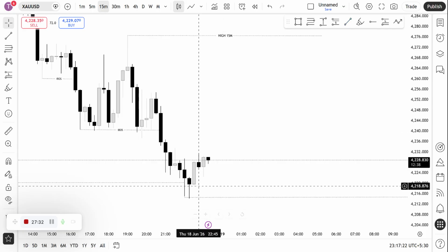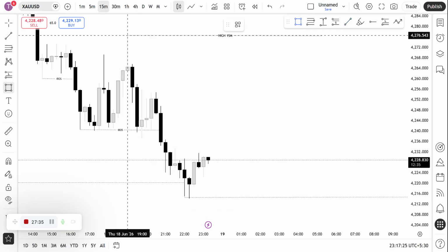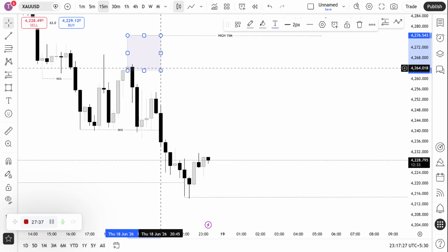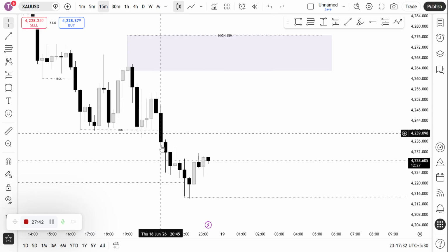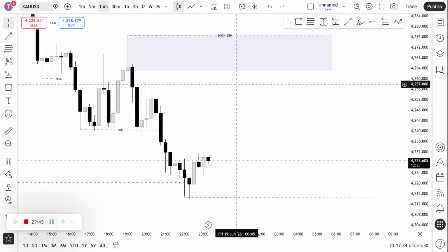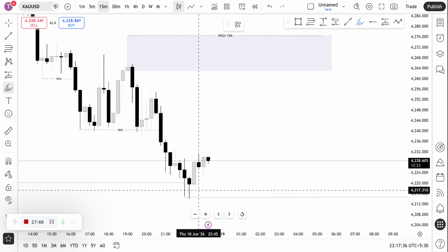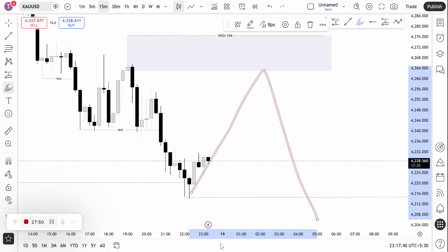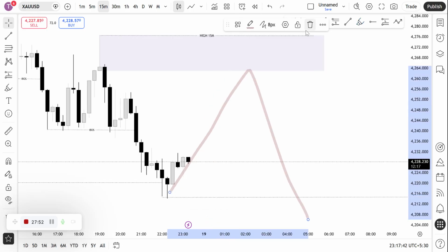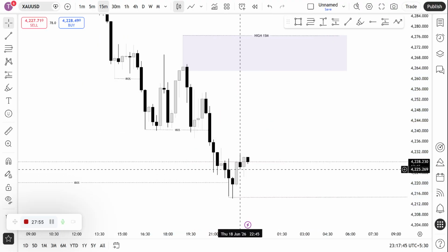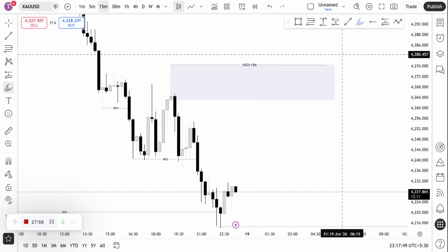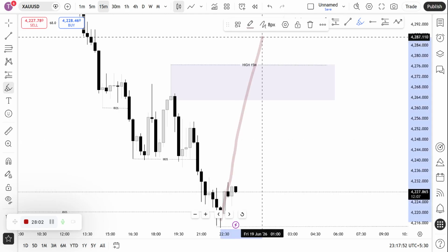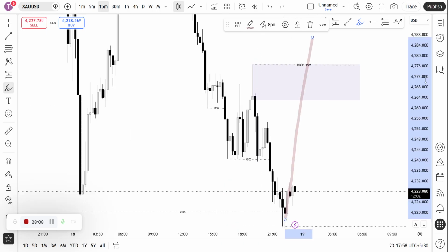So what am I waiting for? This one is the candle that causes the market to break the structure right here. So I'm waiting for the market to come back right here and continue with the trend. But if this order block fails, I'm looking for something like this. If this order block fails and the market breaks the structure, I know for a fact that the market is going to pull back to the order block on the